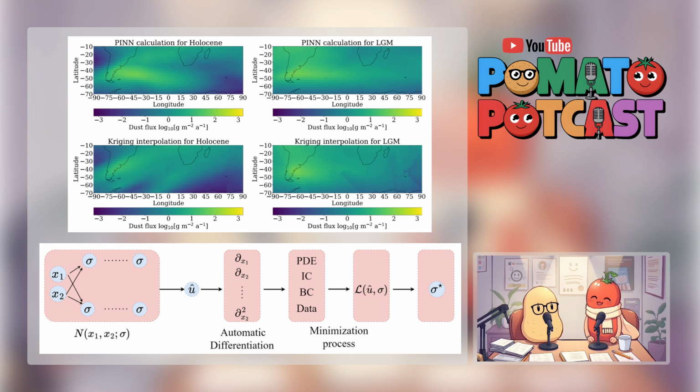But what about the Kriging model? How does that handle this? So with Kriging, because of its symmetrical approach,